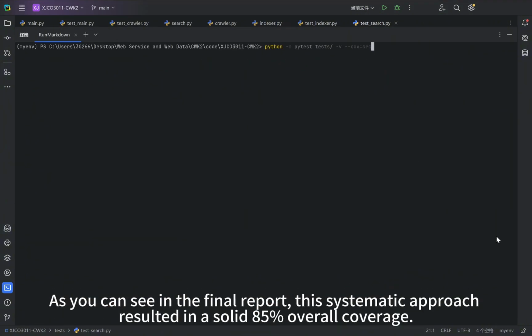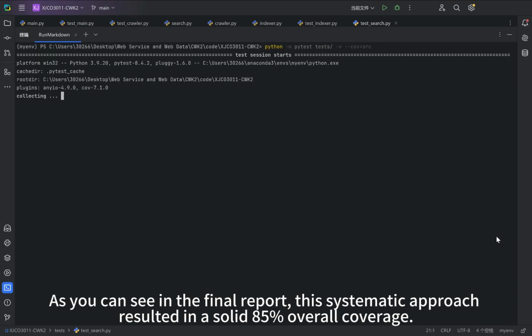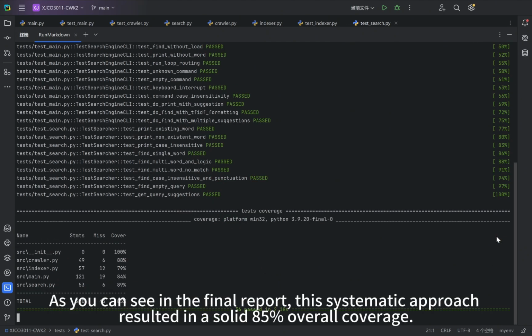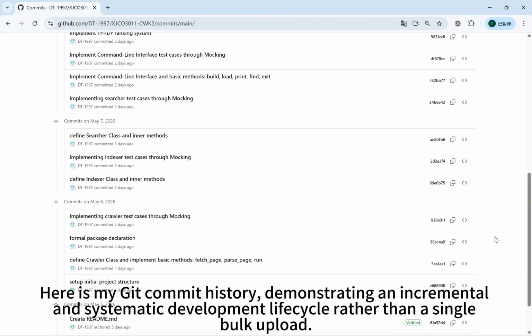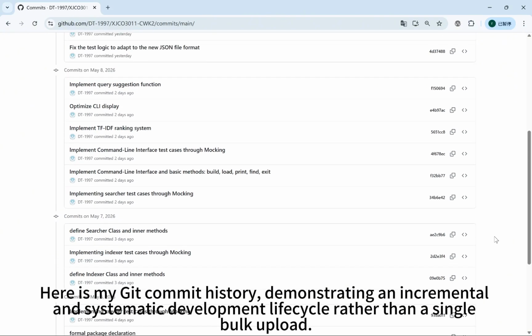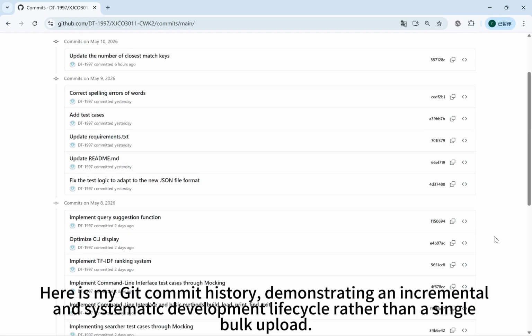As you can see in the final report, this systematic approach resulted in a solid 85% overall coverage. The core modules reached nearly 90%, with uncovered lines strictly limited to extreme edge case exceptions, proving the engine is highly robust and production-ready. Here is my Git commit history, demonstrating an incremental and systematic development lifecycle rather than a